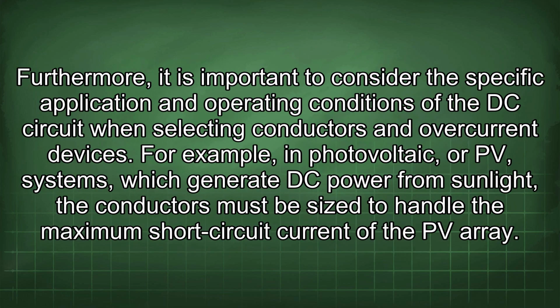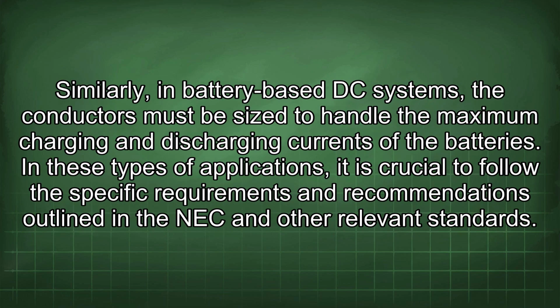Furthermore, it is important to consider the specific application and operating conditions of the DC circuit when selecting conductors and overcurrent devices. For example, in photovoltaic, or PV, systems which generate DC power from sunlight, the conductors must be sized to handle the maximum short-circuit current of the PV array. Similarly, in battery-based DC systems, the conductors must be sized to handle the maximum charging and discharging currents of the batteries. In these types of applications, it is crucial to follow the specific requirements and recommendations outlined in the NEC